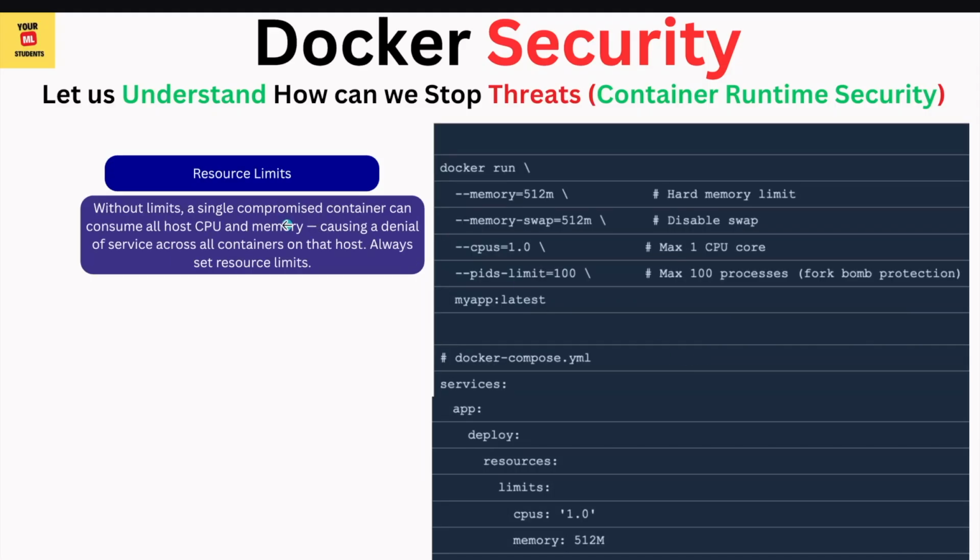Okay, resource limits. Without limits, a single compromised container can consume all the host CPU and memory, causing a denial of service across all containers on that host. Always set resource limits. If you do not set a resource limit, and by any chance your container is compromised, they can eat your whole CPU and memory, right? Because of that, what you need to do is